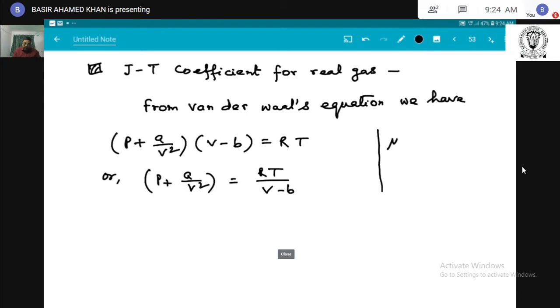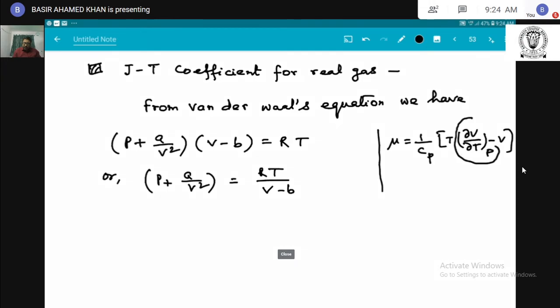since mu equals 1/Cp [T (∂V/∂T) at constant P − V], my aim is that I have to calculate this ∂V/∂T at constant P for a real gas first, and then I put the value in this expression for mu. Therefore, differentiating,